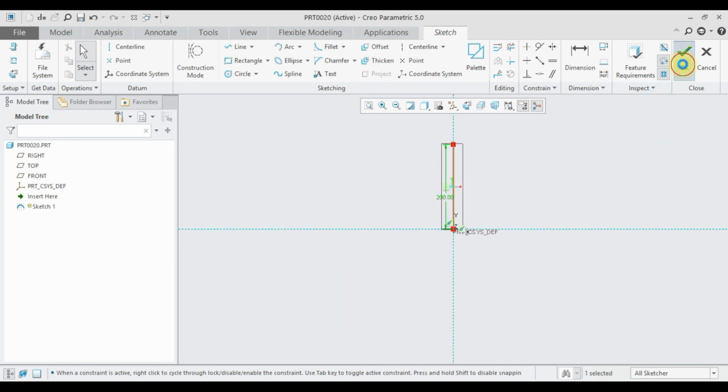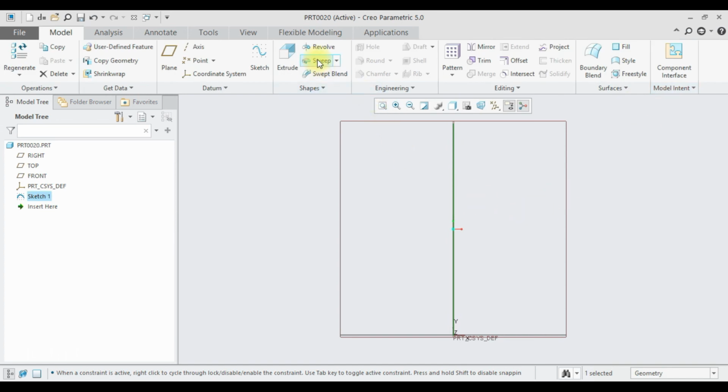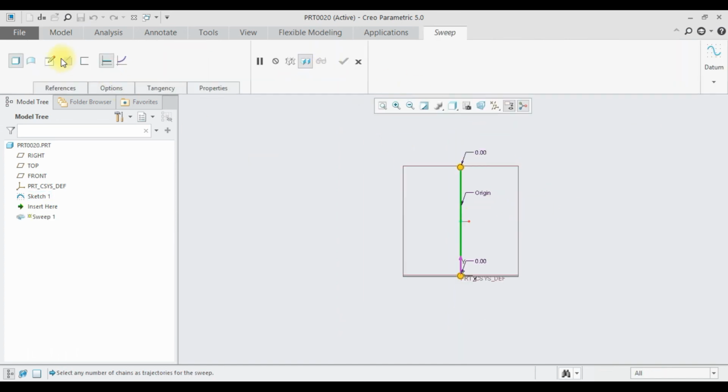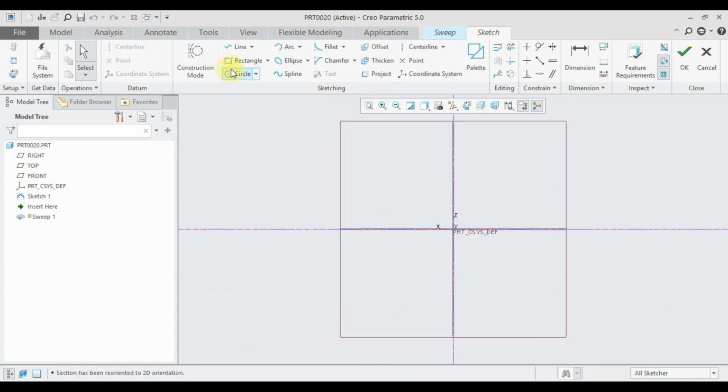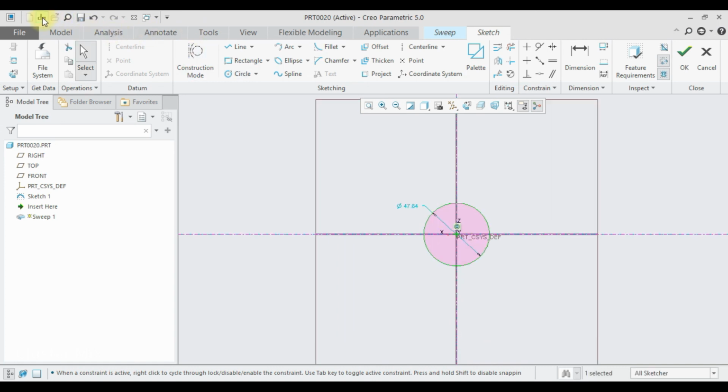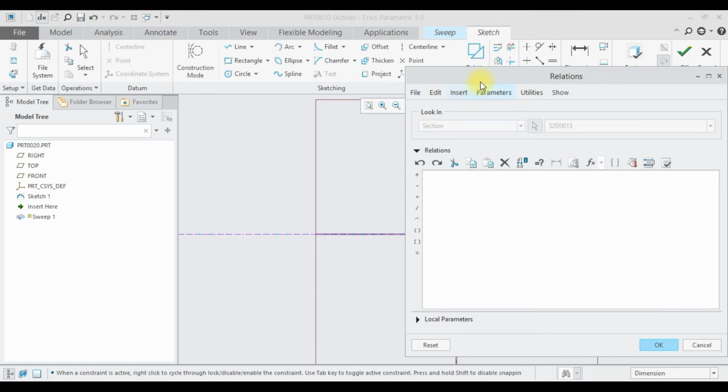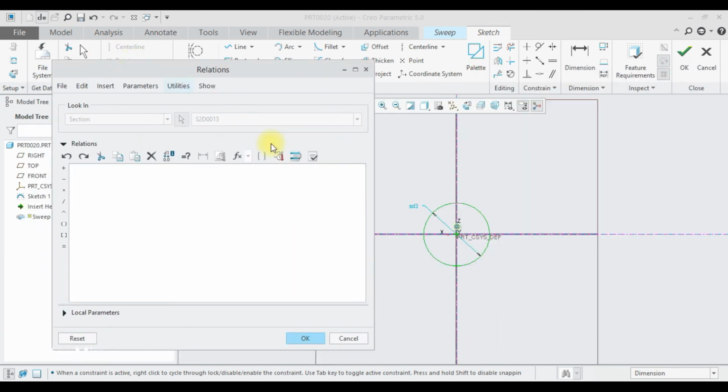Now we go to the sweep command and go to the sketcher and click on sketch view, and I'm going to draw a circle here, and I'm going to edit this diameter value here. Go to the relations tab and select this dimension here, which is my symbolic dimension, is equal to 50 plus,